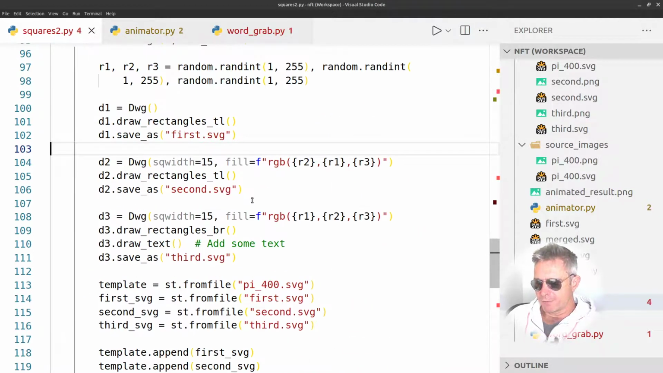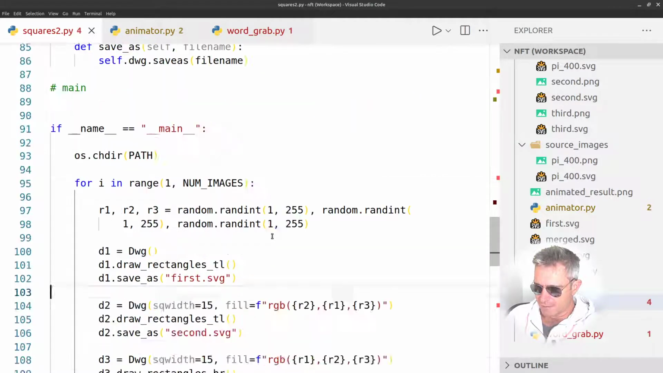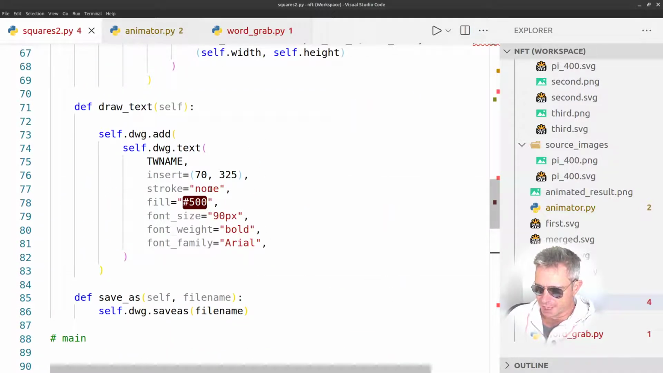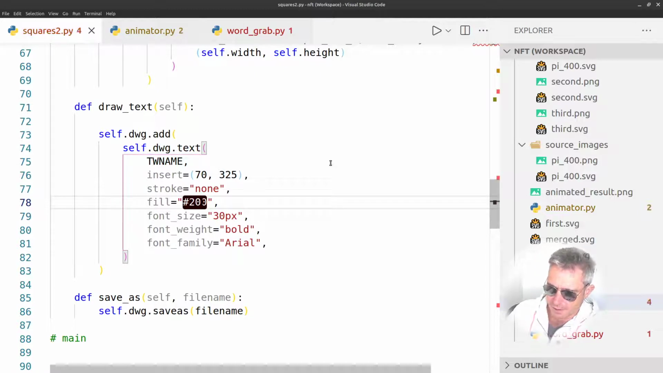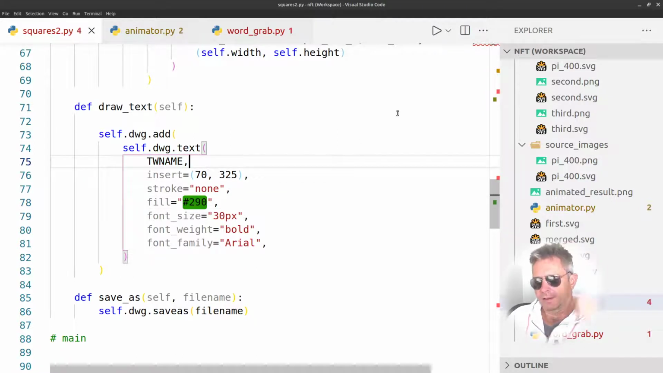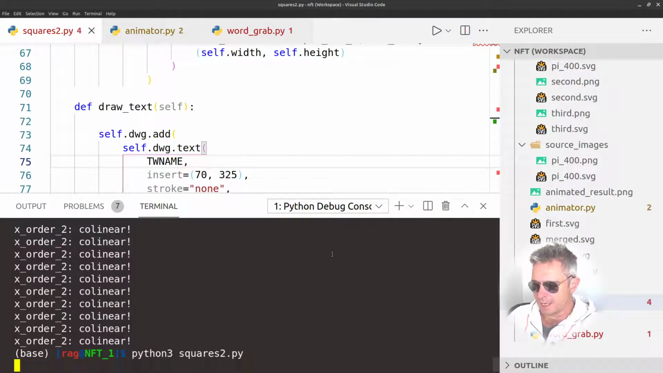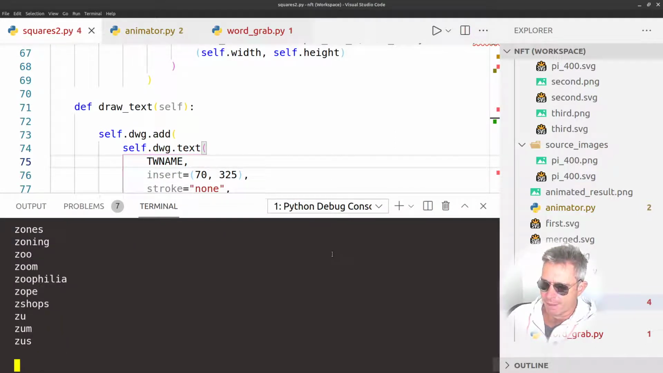So at the moment we've got raises, and before we run it another time, let's just go and change the font size down to 30. I'll change the font color as well. Let's go for some green. Okay, so we'll run it again, and then we should get 9